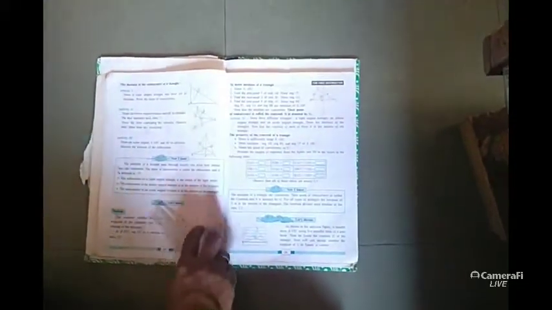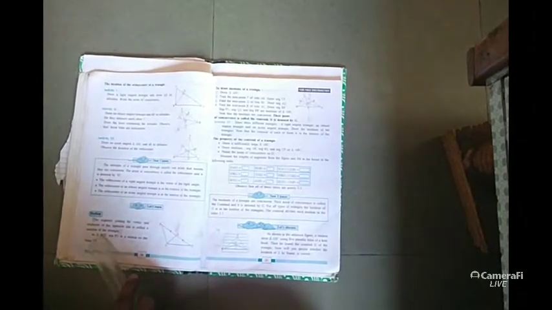Today we will study our next point, that is the median. What is meant by the median and how we have to draw a median in a triangle. Now see what is meant by the median. The segment joining the vertex and midpoint of the opposite side is called the median of the triangle. Here they have drawn triangle HCF and FD is the median drawn on the side HC.